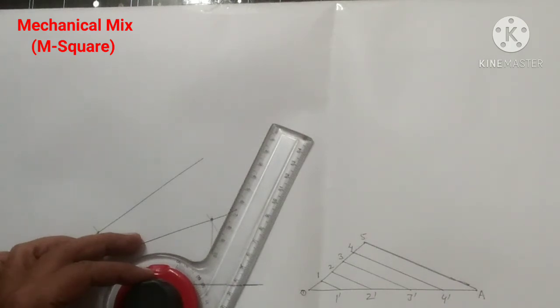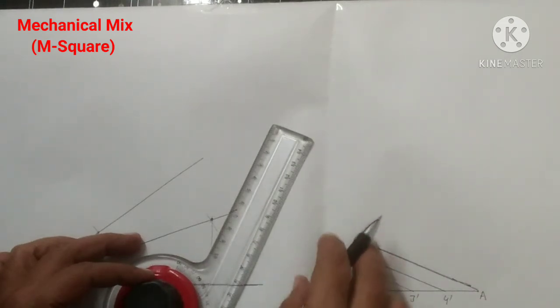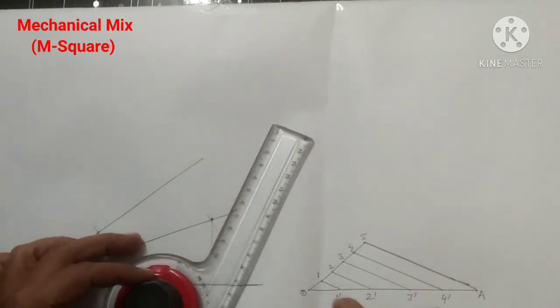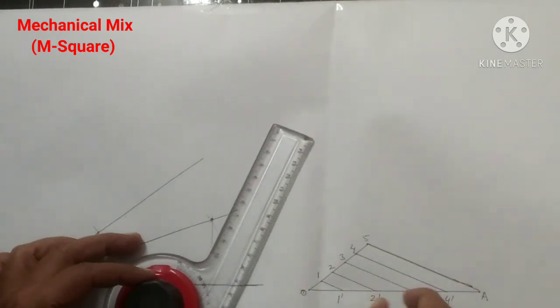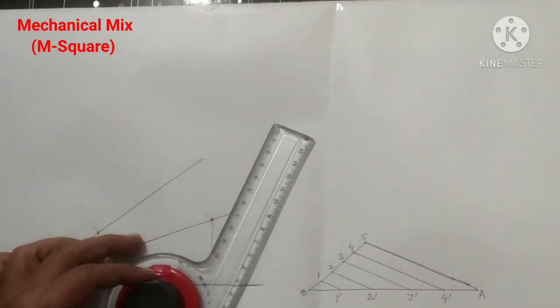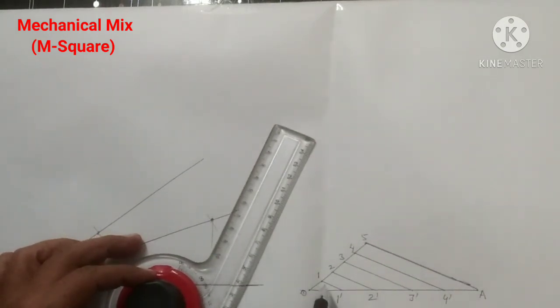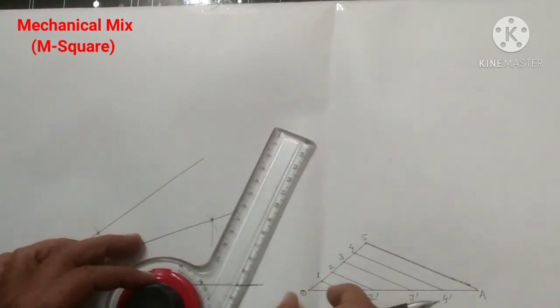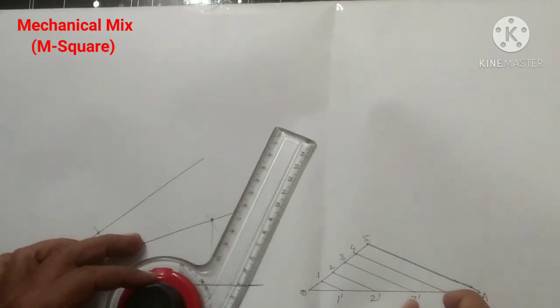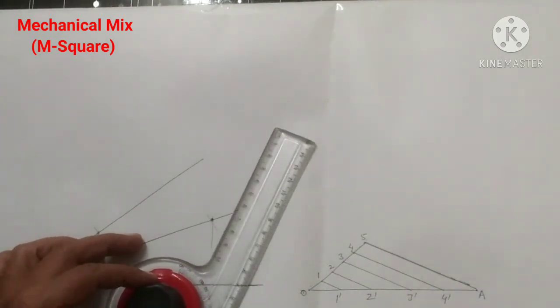So from the similar triangles principle we can understand that the lengths from here to here, here to here are equal. Then easily by comparison, the lengths O1 dash, 1 2 dash, 2 3 dash, 3 4 dash, 4 dash A, all are equal. Here these portions are equal. Similarly here also these portions are equal. So of course O1 is not equal to O1 dash, but directly because of similar triangles we are getting the lengths O1 dash, 1 2 dash, 2 3 dash, 3 4 dash, and 4 dash A all equal.